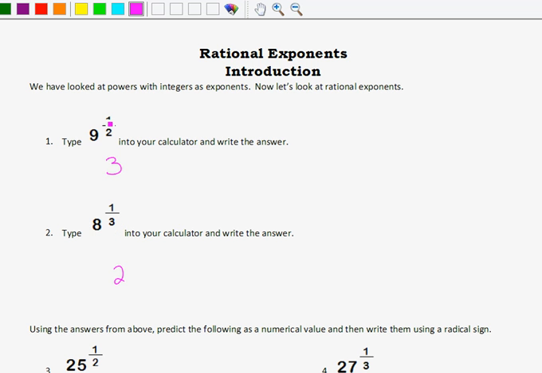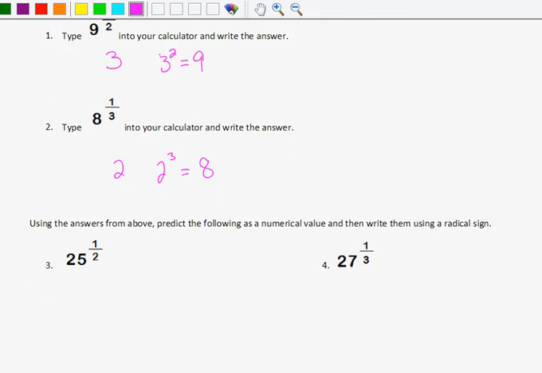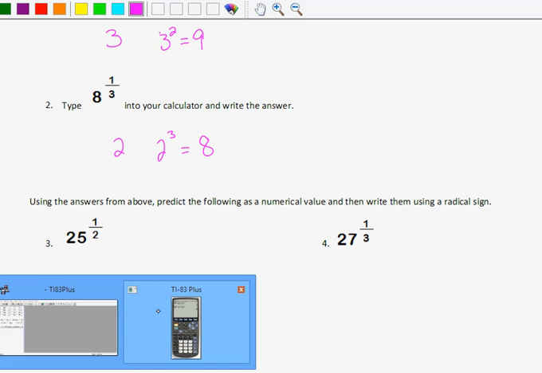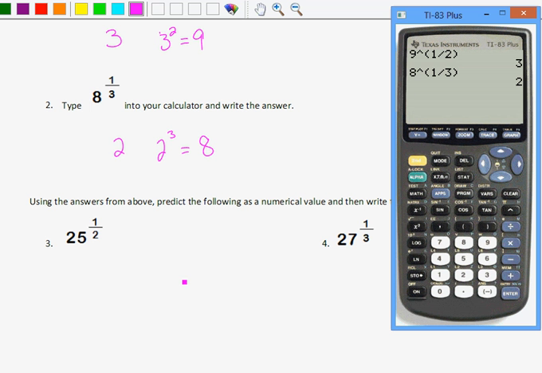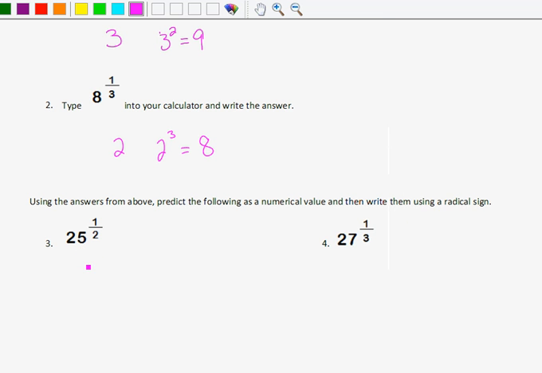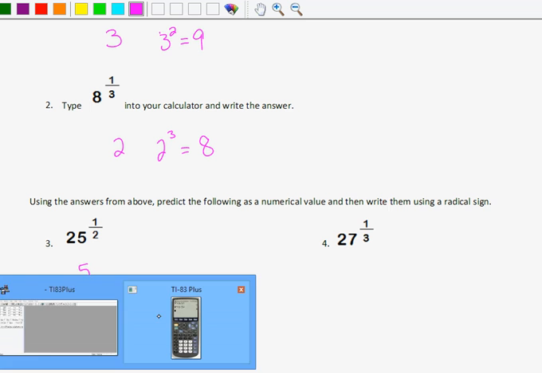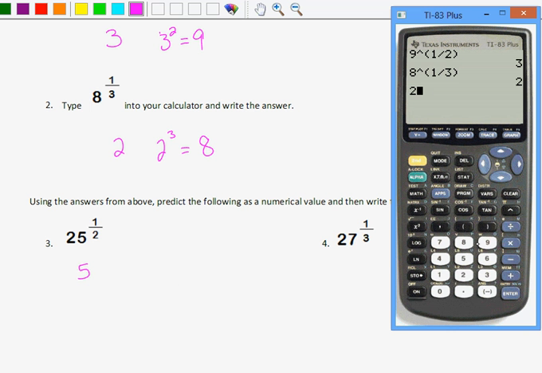I know 3 squared is 9. Okay, so I'm going to write that down. I know 3 squared equals 9. I know 2 to the 3rd equals 8. So with that in mind, let's figure out what 25 to the 1/2 is. What do we think it is? Well, 3 squared is 9, so what squared is 25? Let's guess that that's 5. Let's make sure that that's true. 25 to the 1/2